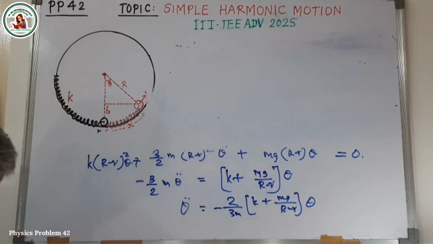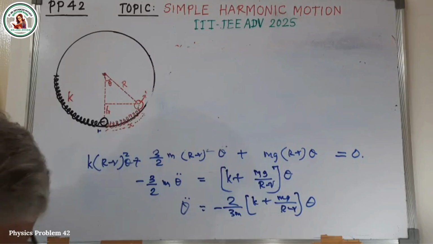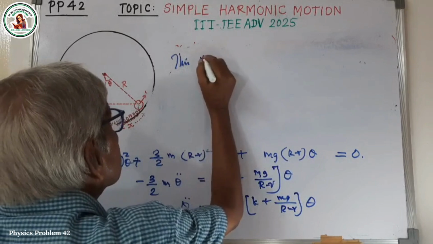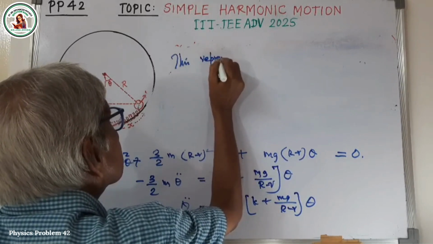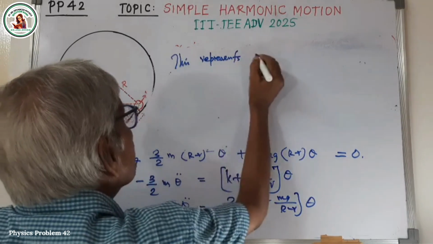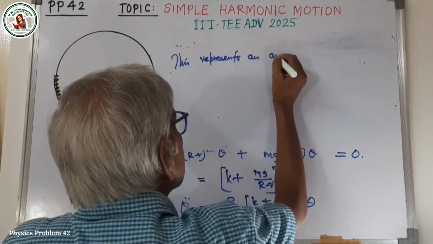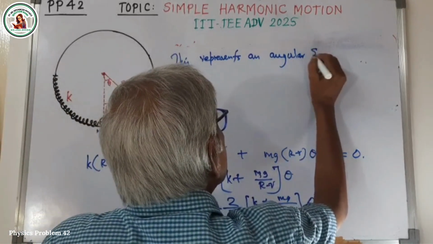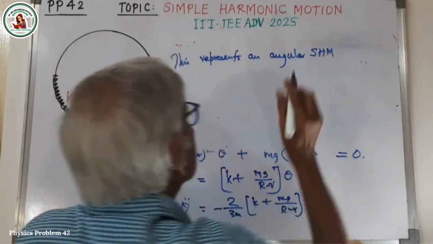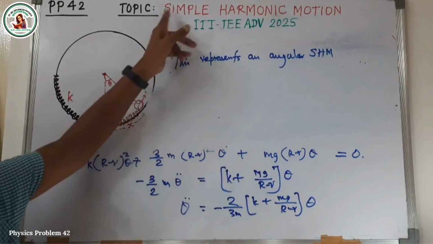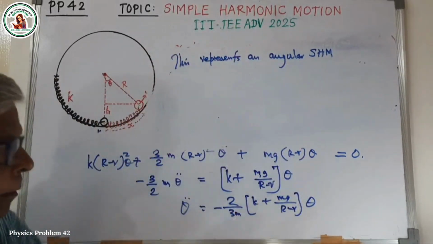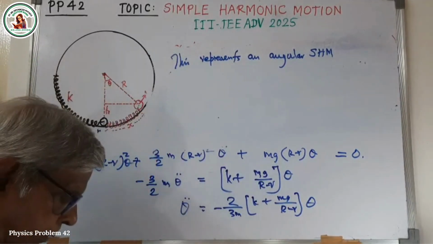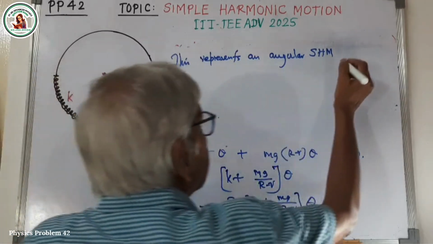This represents an angular simple harmonic motion. Although I didn't use the word angular in the title, when angular displacements are involved, it is angular simple harmonic motion with omega square equal to